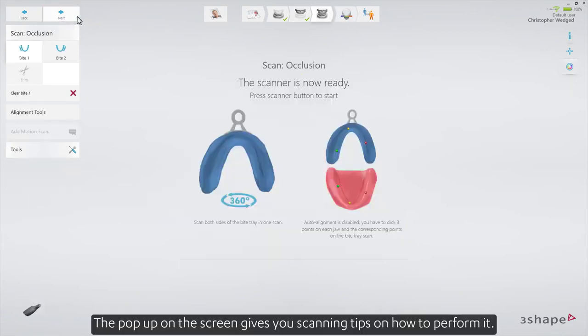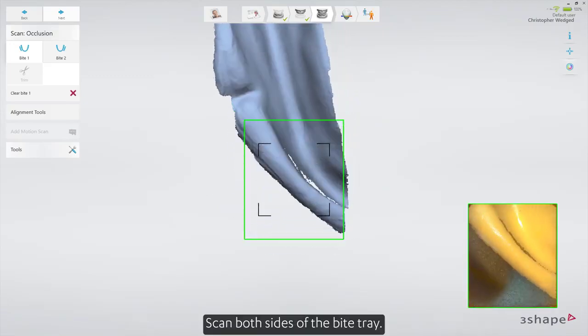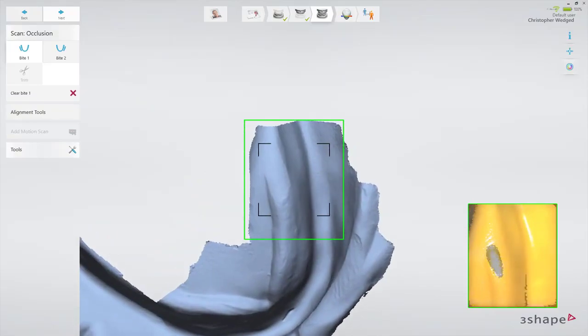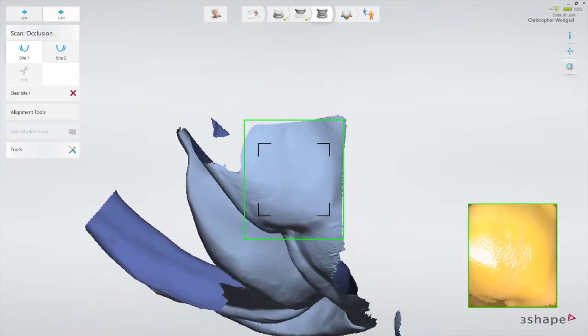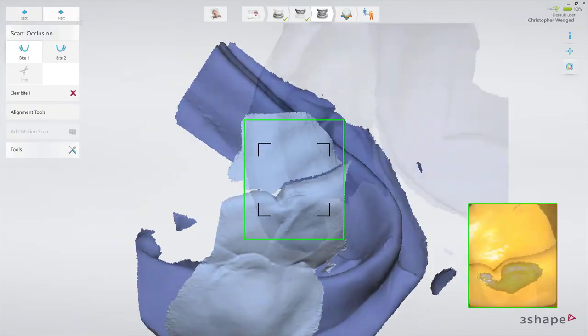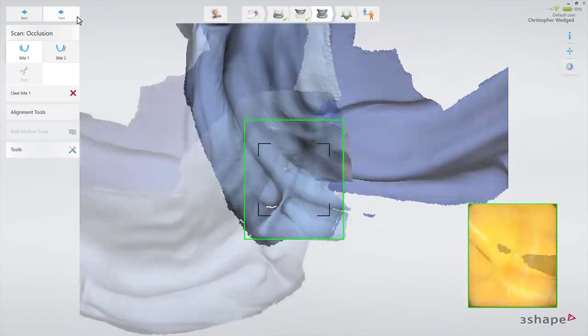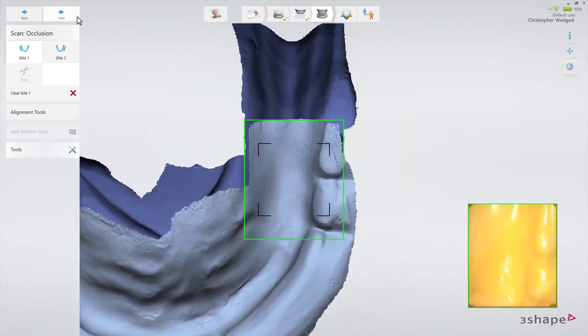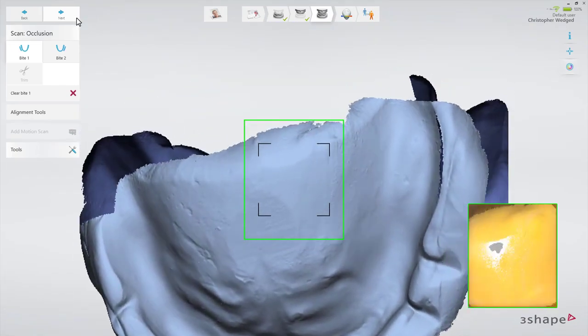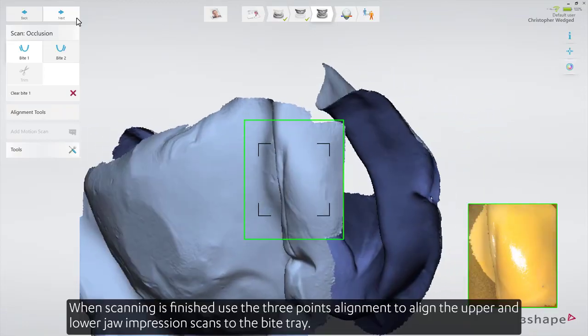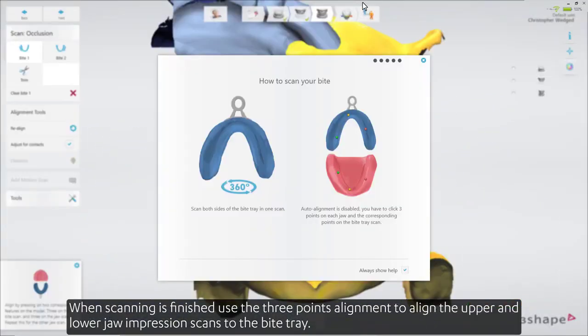The pop-up on the screen gives you scanning tips on how to perform it. Scan both sides of the bite tray. When scanning is finished, use the 3-point alignment to align the upper and lower jaw impression scans to the bite